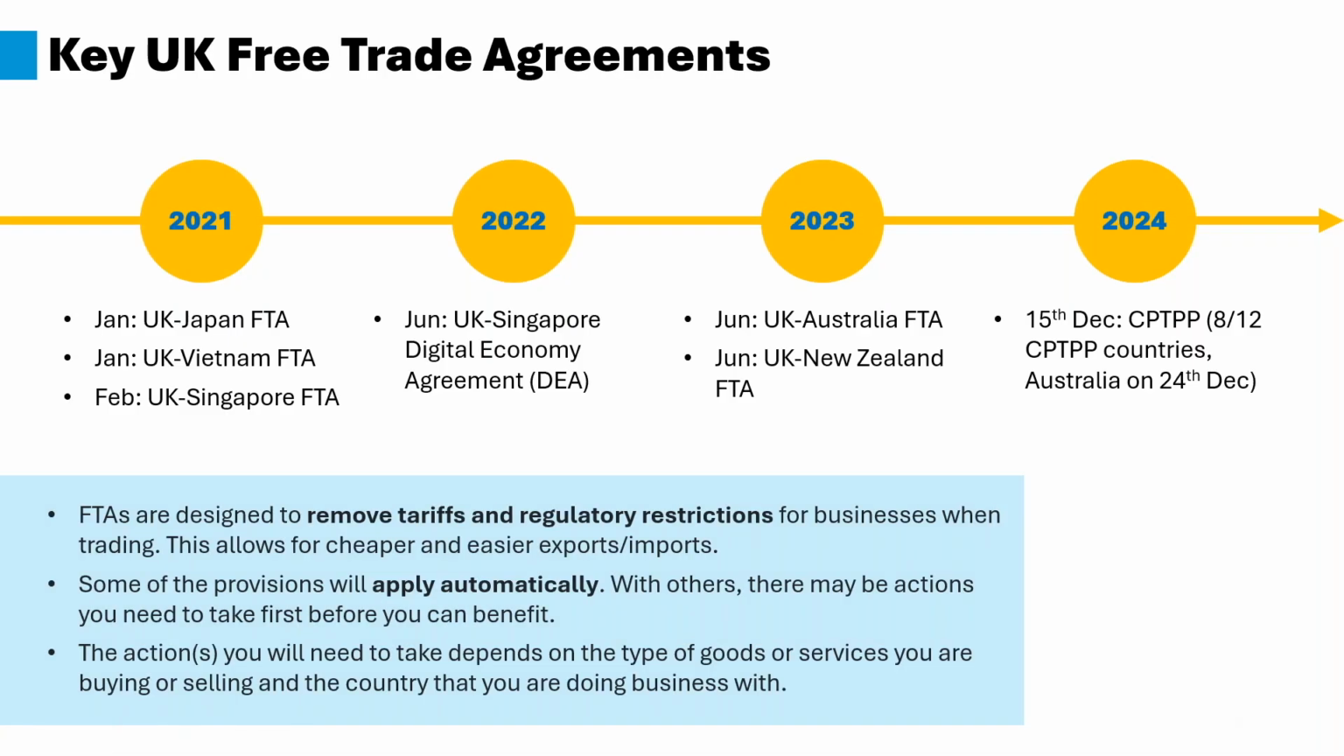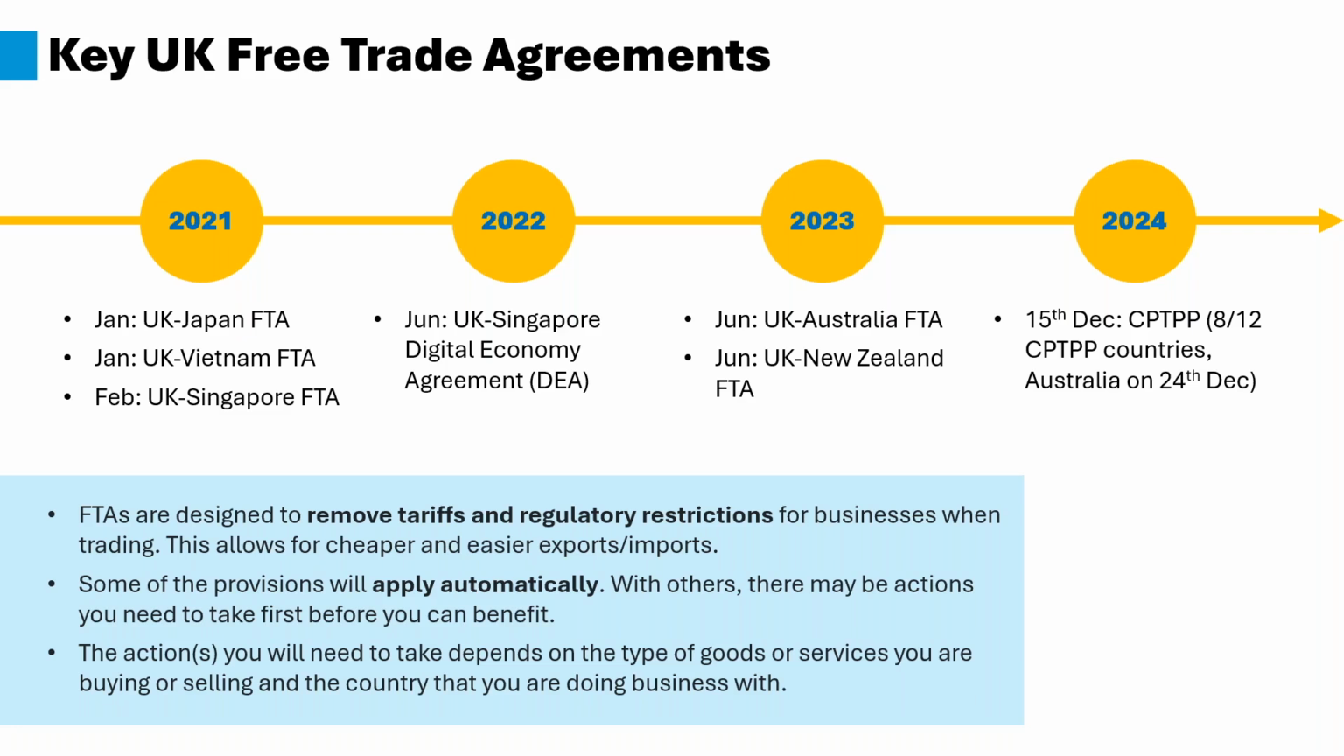You can see on screen that the UK currently has quite a few trade agreements with various countries. These include rollover agreements, continuity agreements, as well as from scratch free trade agreements. And the UK-Australia FTA, as you can see, came into force in 2023, and is one of these brand new from scratch free trade agreements. As I mentioned earlier, these free trade agreements are designed to remove tariffs as well as regulatory restrictions for businesses